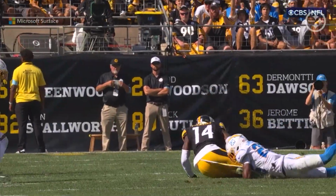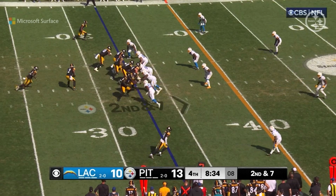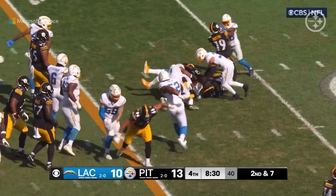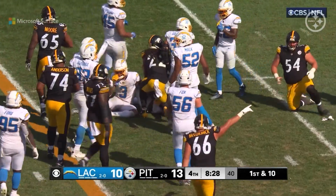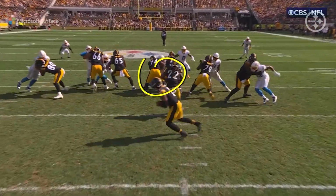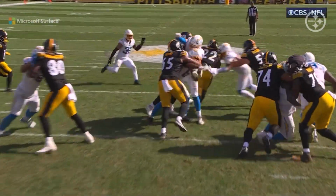Yeah, nice completion to Pickens there. And then we're going to see a little ground and pound. Number 66 is eligible, Mason McCormick. There you see him signaling first down. He's pretty excited, yeah. Getting into his first offensive action of the season, he alternated a little bit